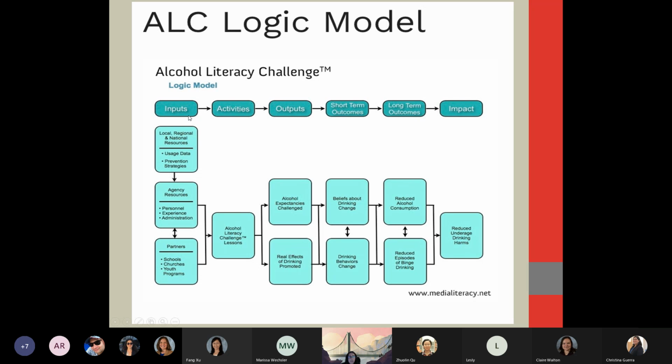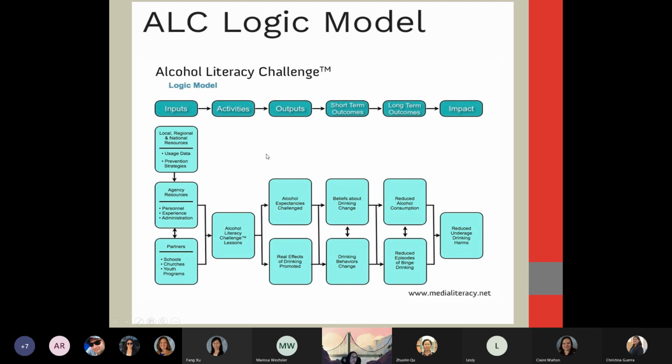So in terms of the inputs, you have local, regional, and national resources, usage data, prevention strategies. You have agency resources, personnel, experience, administration, and then you have your partners. So these are the places that are going to adopt this evidence-based curriculum. So you got schools, churches, youth, or youth programs. So in terms of the activities, those are the alcohol literacy challenge lessons. So this is the evidence-based curricula that has proven, according to SAMHSA,